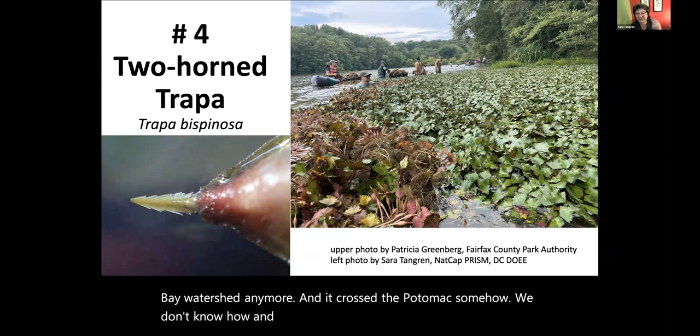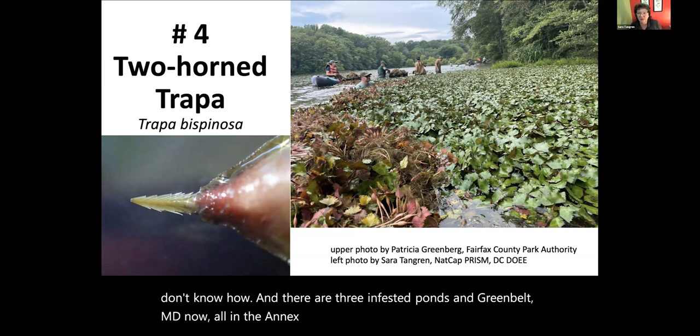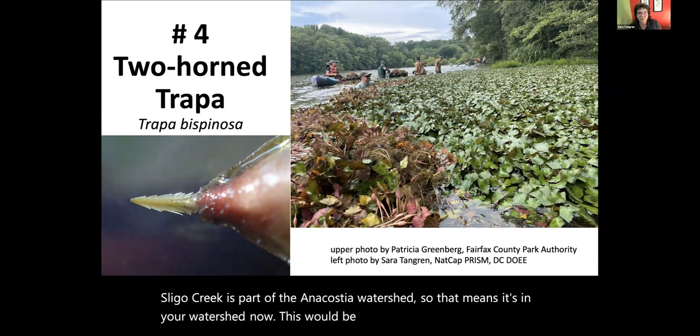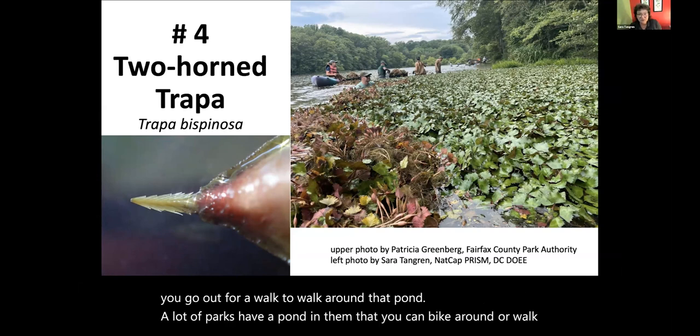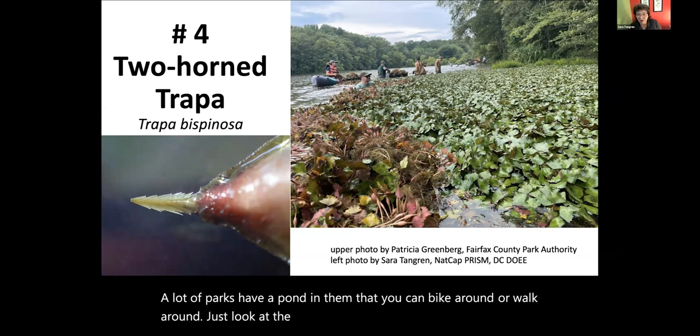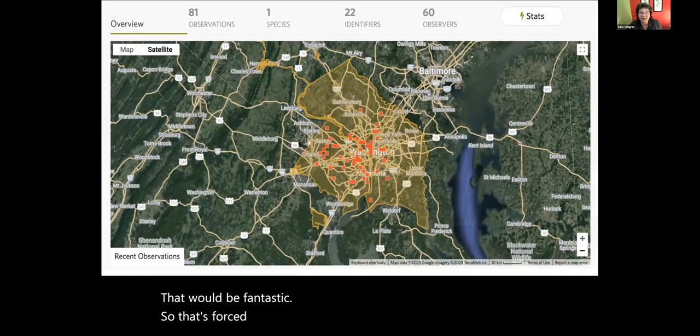And there are 3 infested ponds in Greenbelt, Maryland now, all in the Anacostia watershed. So I know you guys know the Sligo Creek is part of the Anacostia watershed. So that means it's in your watershed now. This would be a great year for you when you go out for a walk to walk around that pond. You know, a lot of parks have a pond in them that you can bike around or walk around. Just look at the water surface periodically and see if there's trapa in it. That would be fantastic. So that's 4 species, and that's the